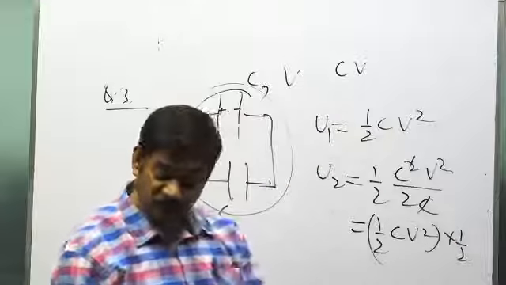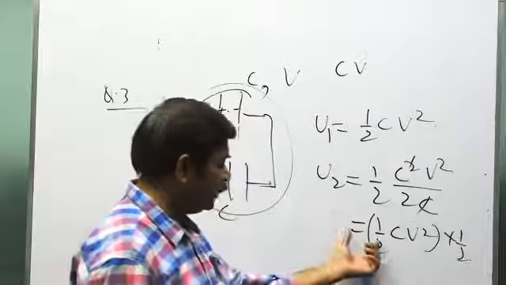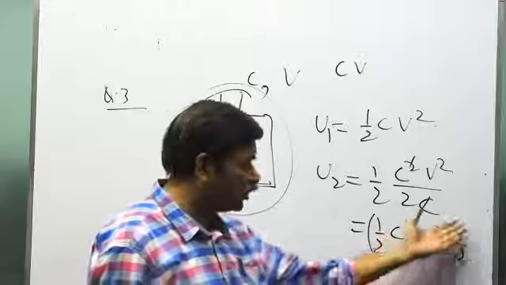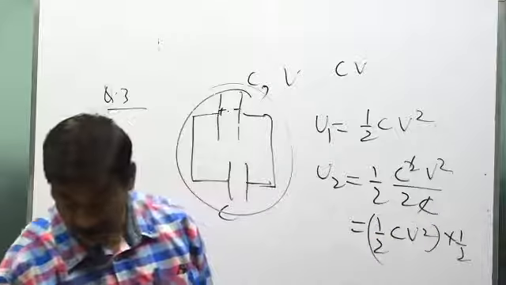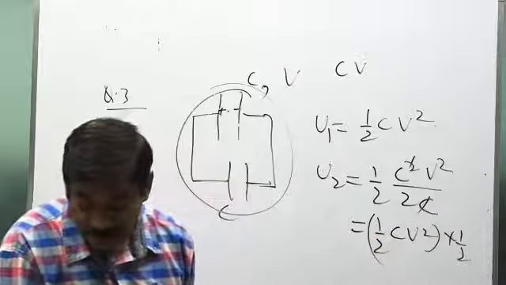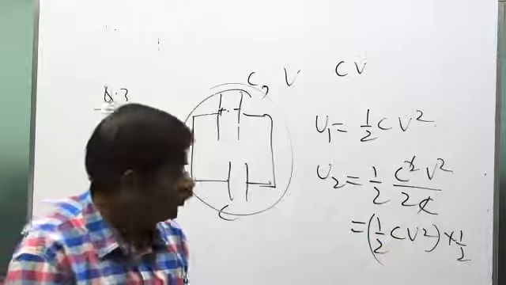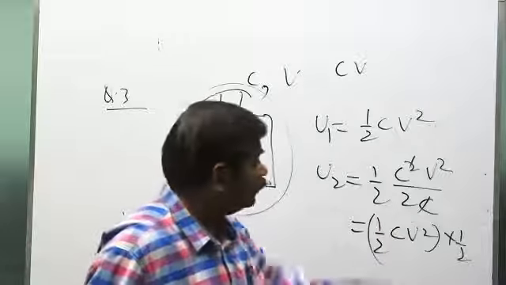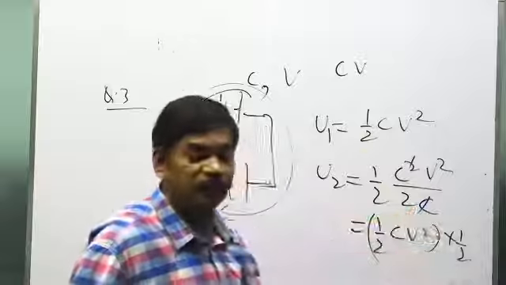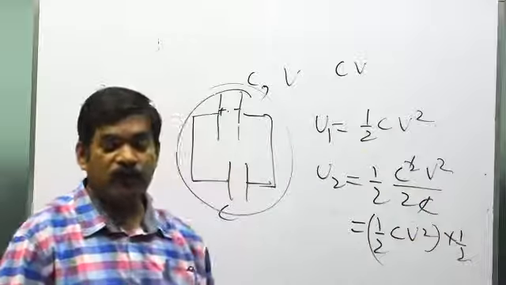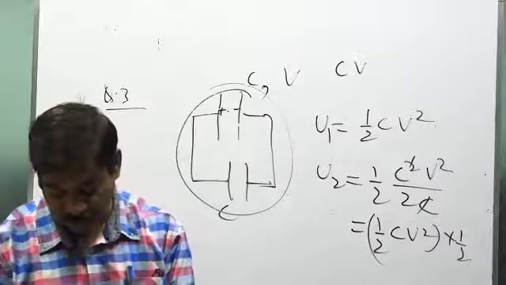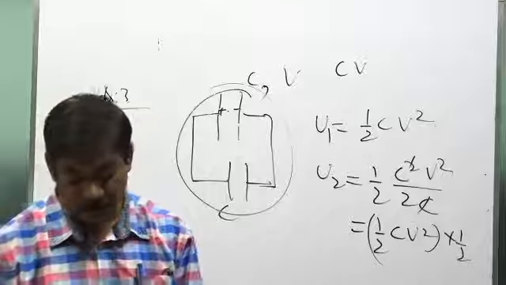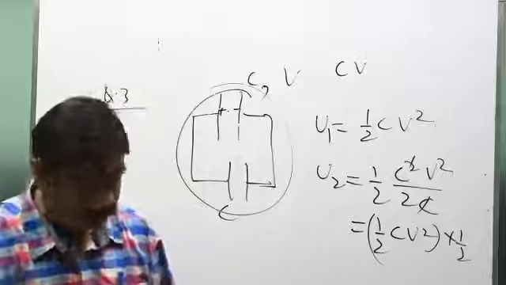And by seeing the options, I'm keeping the U2 in this form, half C square into half. Because see, the options are like what? First option is decreases by a factor 2. And when you saw this, yes, you found that it decreases by a factor 2, because this has become what? It has become half of the initial. So the first option itself was correct. Now see the question number 4.